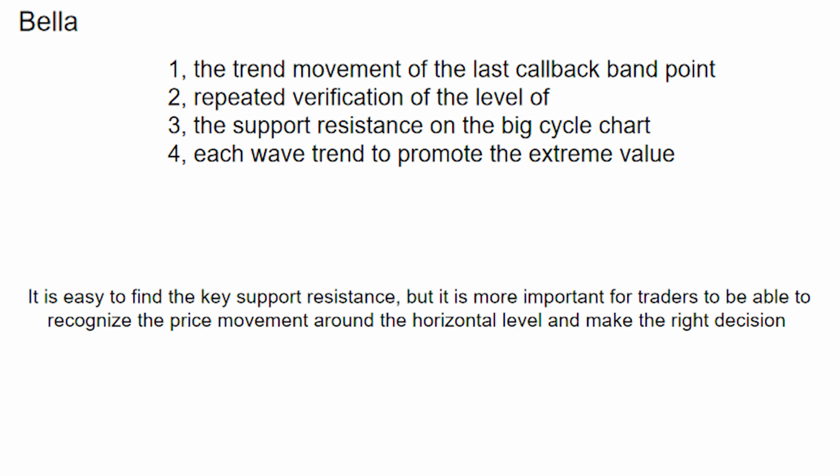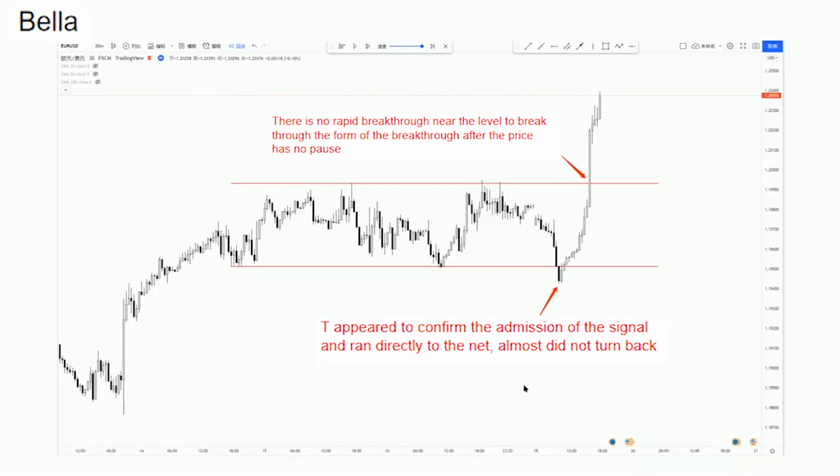One more thing that we're going to talk about is that these price behaviors are not only acting on key horizontal support resistance, but also in various other types of support resistance areas such as trend lines, channels, moving averages, and so on, where there is a support resistance effect that we're going to be talking about. So let's look at the first graph, and this is a very good example of two kinds of price behavior